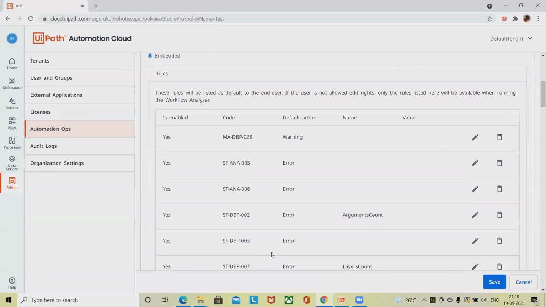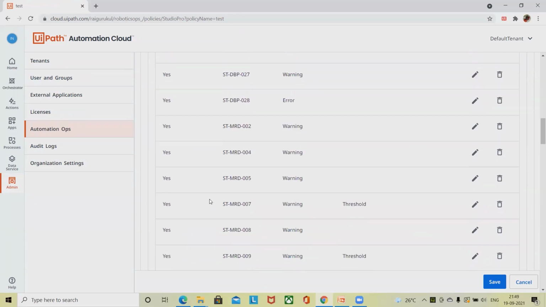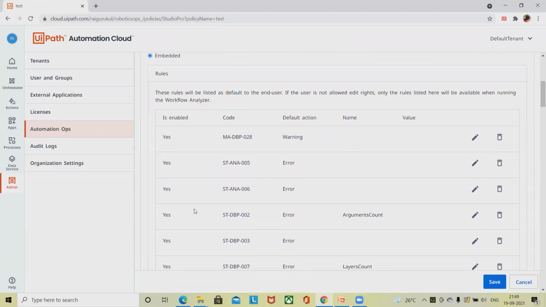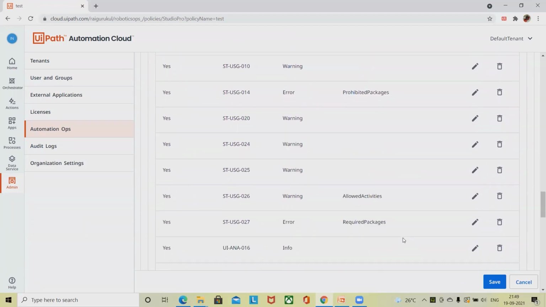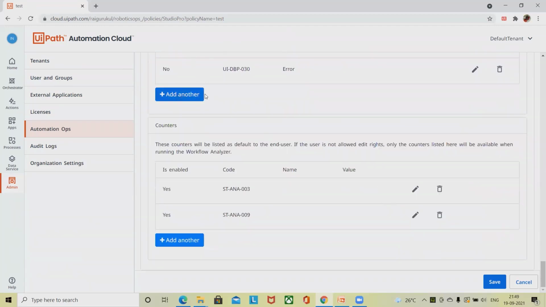If we select this option, indicate the full path of the file in the reference rule file box. If we have selected embedded, it means defining settings using the options on the policy page. This is the default option. Managing the workflow is very easy. You can select different options, edit or delete them as per your requirement. If you want to add any other sections, you can add them simply from here. You can also add counters, where you can add different sections as well.